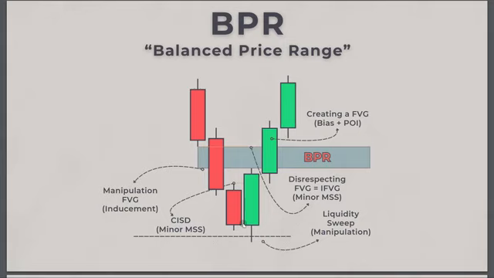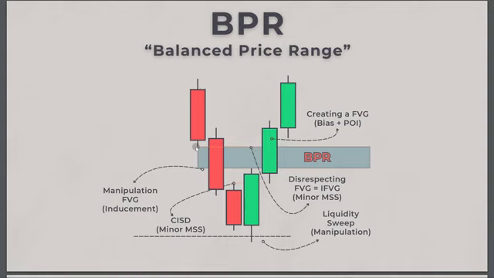A lot of confluences. Now we started to go higher, and by the end of this candle, when this candle closes, we are now creating a new fair value gap, and that can be used as a bias, another confluence for a bias, as well as a POI to enter from. When combining all of those things, the manipulation fair value gap and the bias fair value gap, the fresh one, the new one, the valid one in the right direction,